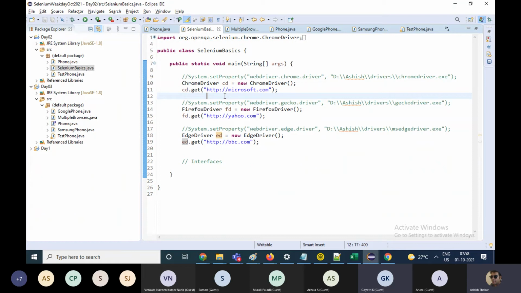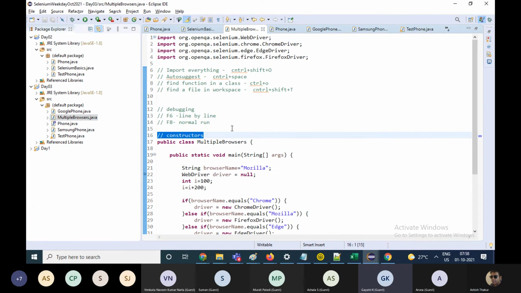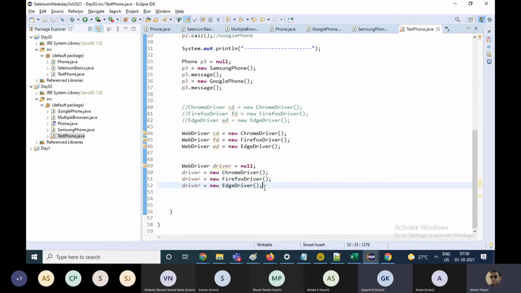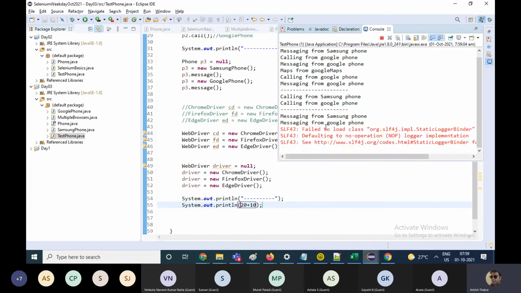And one basic question. We use the plus sign for concatenation, right? While we are printing something, or while we're printing a result. So do we use the plus sign only after a string, or if you use it with the integers, it works as well? You can use it with anything. So how do we differentiate? Like in your quiz, the first or second question is like 10 plus 20, and then plus Java. Look, if I'm writing 20 plus 10, and if I'm running this, it will print 30. Okay.